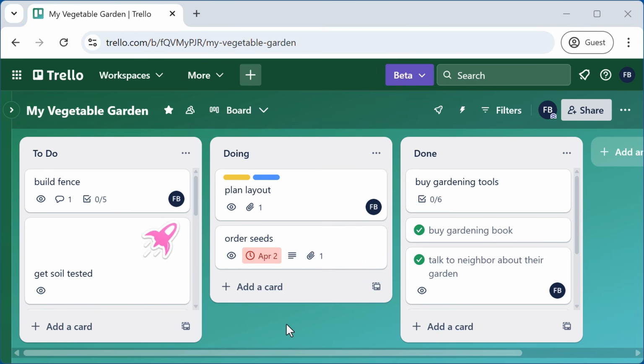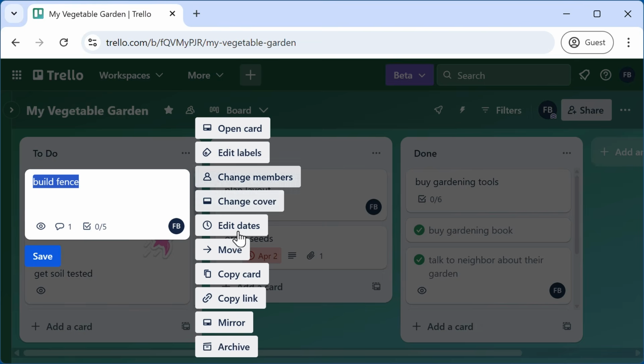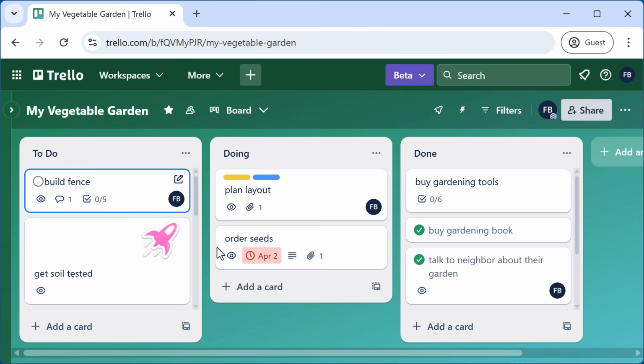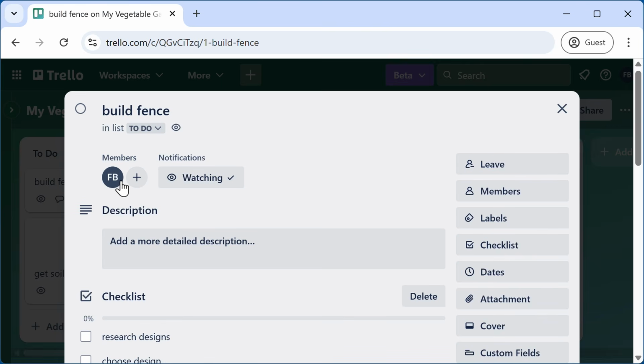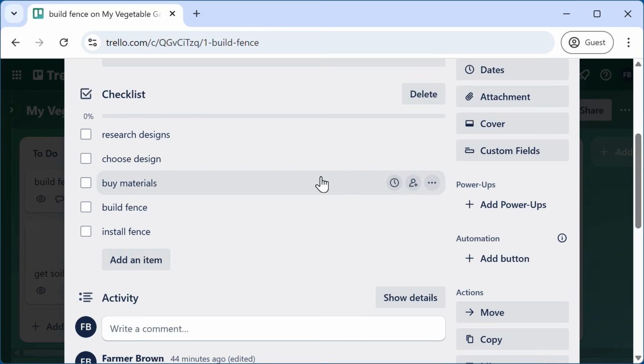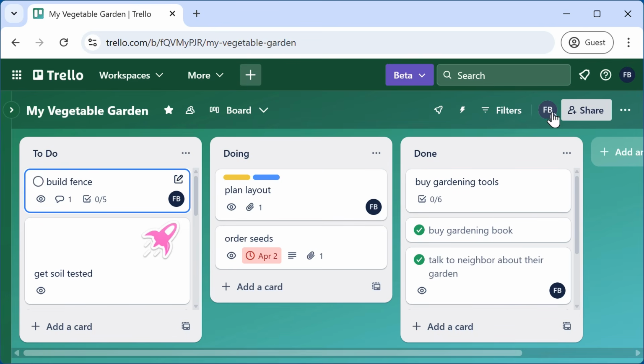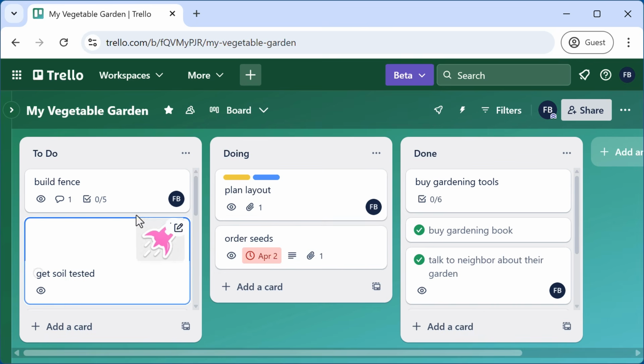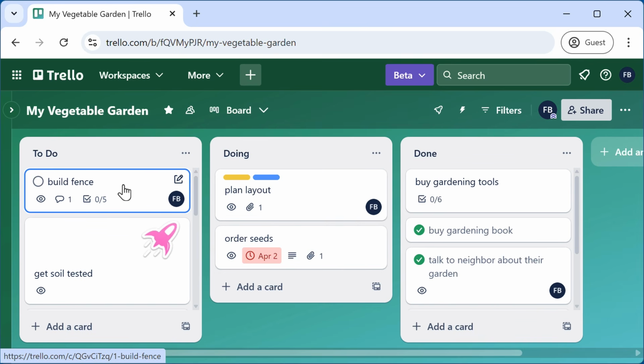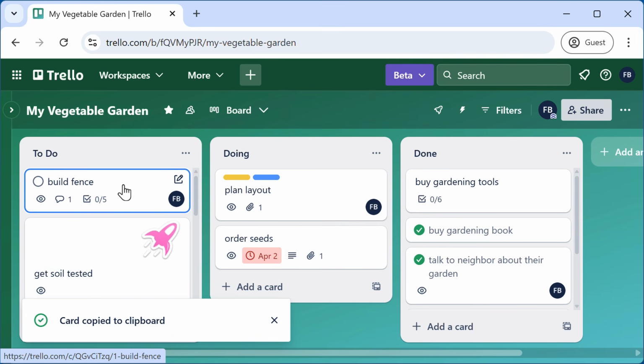Previously, we've covered a couple of ways to copy a card to create a new one. You know that you can hover over a card, select Edit, and then Copy Card. Or if you're looking at a card, you can select Copy. A third way to do this is to simply hover over a card that you want to copy, use your keyboard shortcut to copy, Control-C or Command-C.